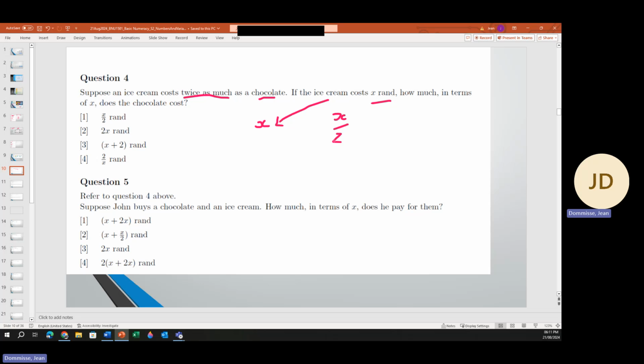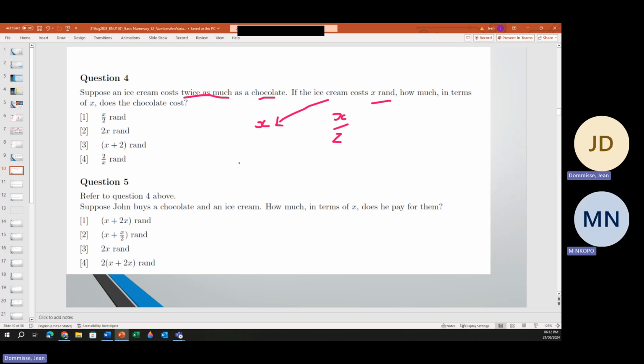Or we can look at it the other way around and say that twice as much, if the one is X, twice as much means that we need to make sure that